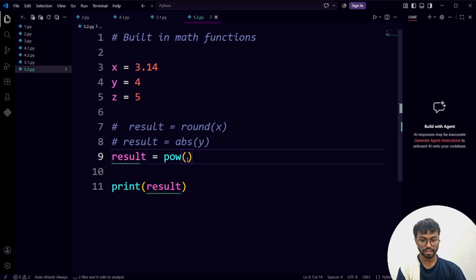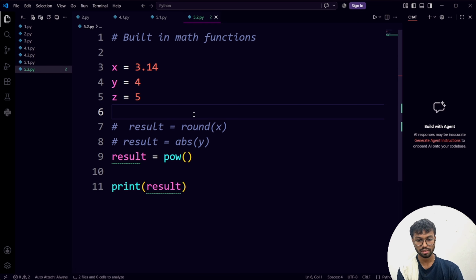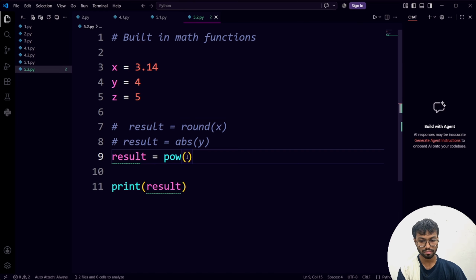Like in the previous example, I did this with the help of 2 asterisks. In this case, I will take, let's say, y, comma, and